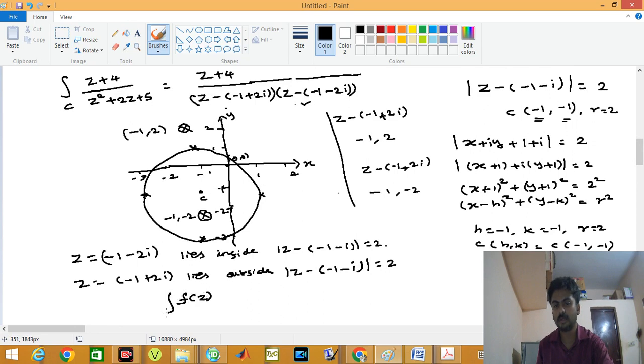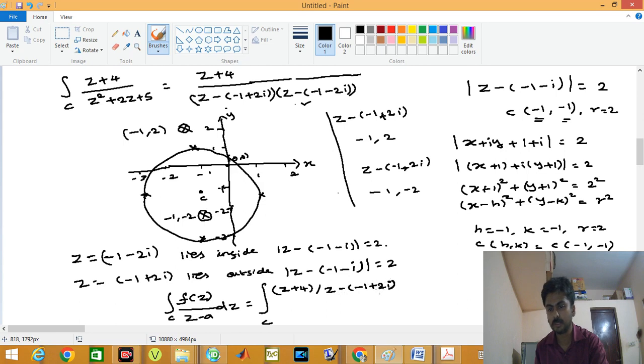Integral over c of f of z by z minus a dz, see how I am writing, integral over c of z plus 4, divided by what lies outside, z equal to minus 1 plus 2i lies outside. So z minus 1 plus 2i whole